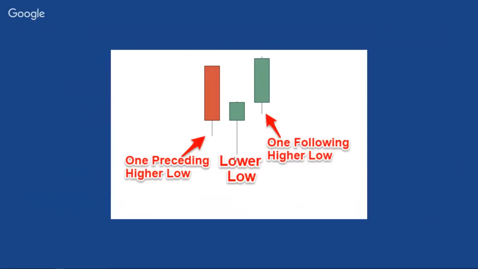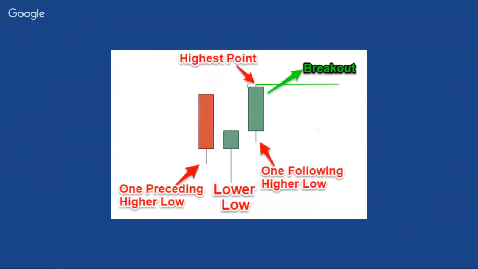Once this pattern forms, all 3 candles, and this third candle closes, you're going to look for a breakout of that 3 candle pattern, whichever candle is highest. And that could even be the center candle. Second candle could even be the highest. Okay? So this could be